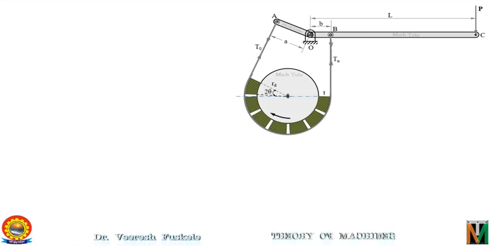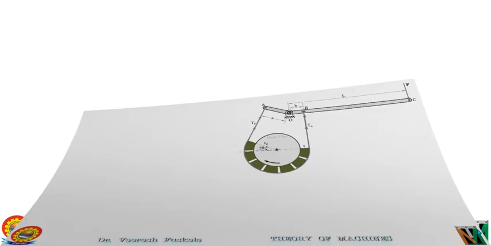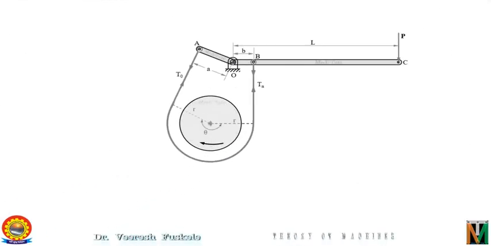Now you might be wondering why we have taken slack side as T0 and tight side as Tn, as we used to take the notations as T1 and T2. Why this Tn? So let us understand this by another figure, which is something like this. Let's see this like a simple band brake having a single block. Then for the given configuration and direction of rotation of the drum, the tension on the slack side is T0 as shown here. Tension on tight side after the first block will be T1.